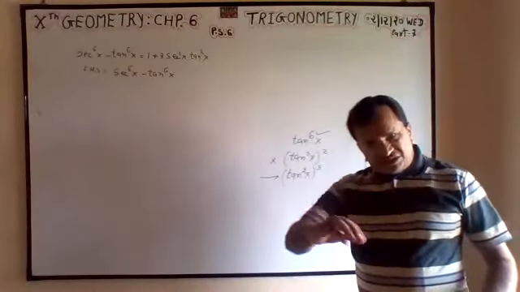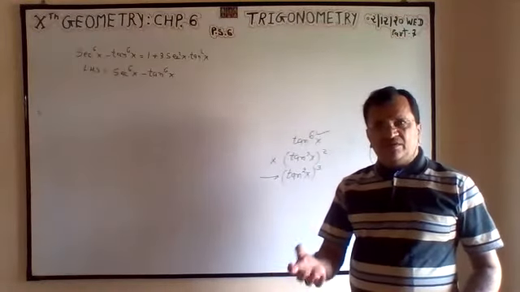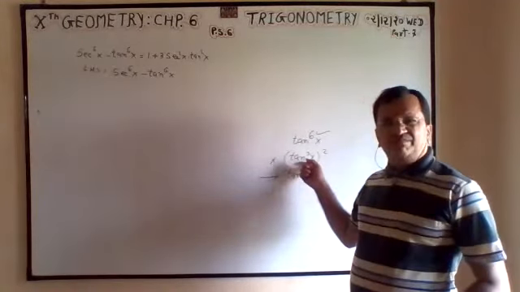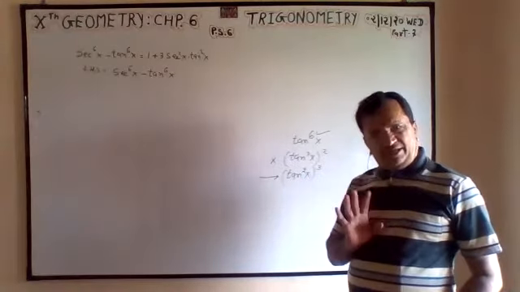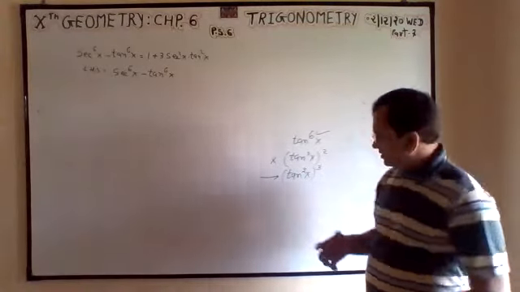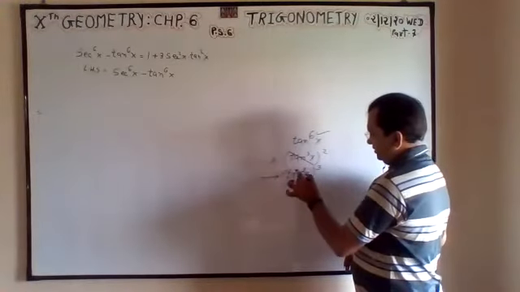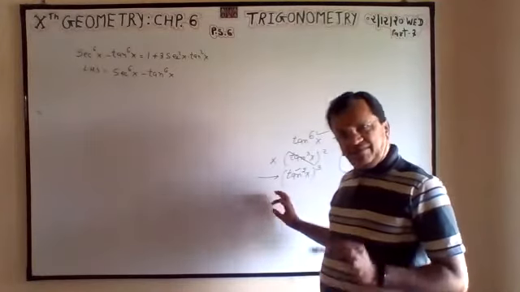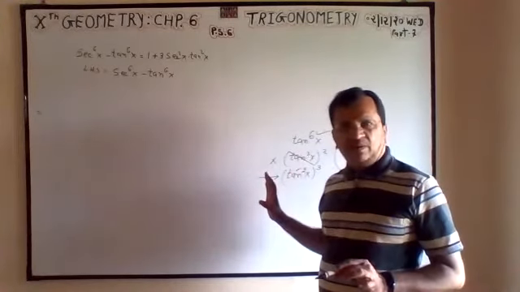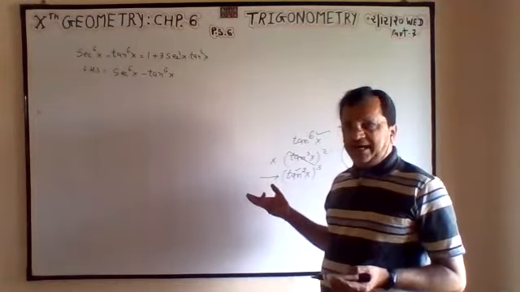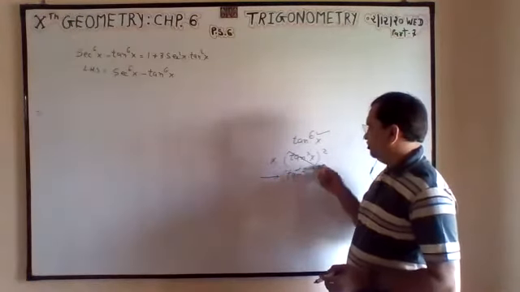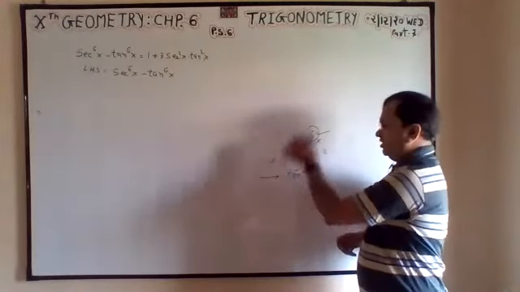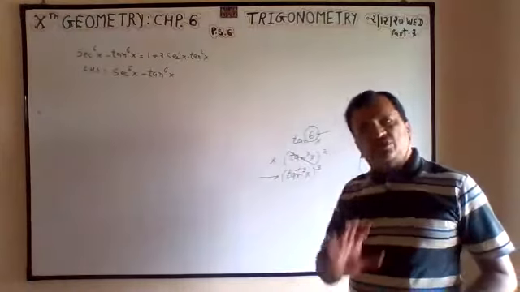Why? Because in the identity formula, 1 plus tan square is equal to sec square. But 1 plus tan cube, for tan cube there is no identity, there is no formula. That is why I can't take this, I will take this. Both you can take, but for this the formula is available, for this the formula is not available. So you can ask, no sir, square of cube or cube of square, both the powers are 6. Why have you taken this? Why have you not taken this? Can we take this? No.